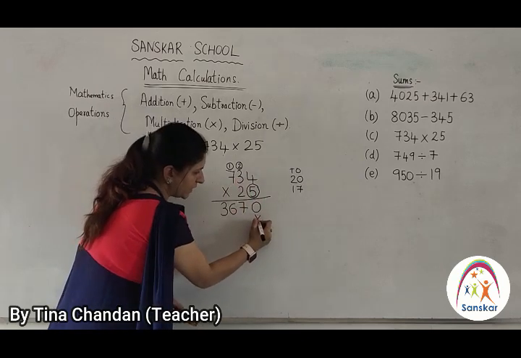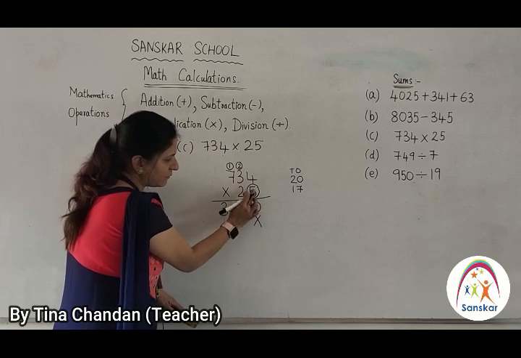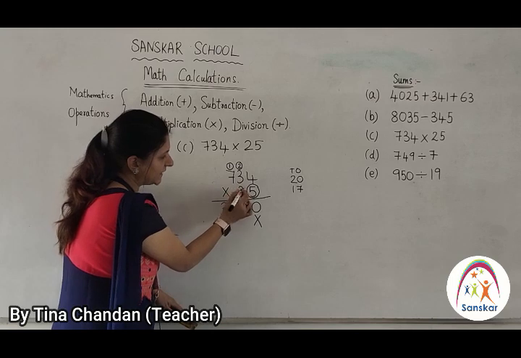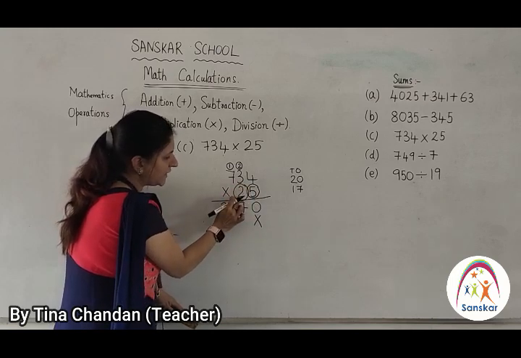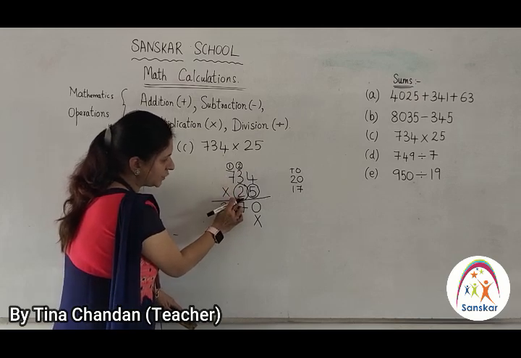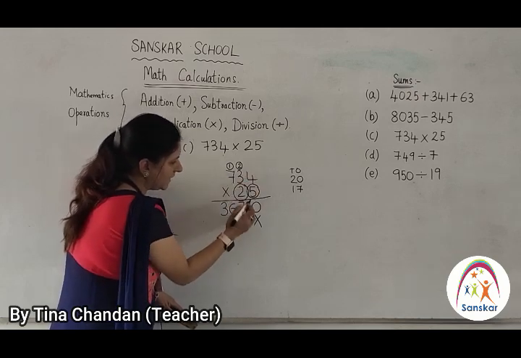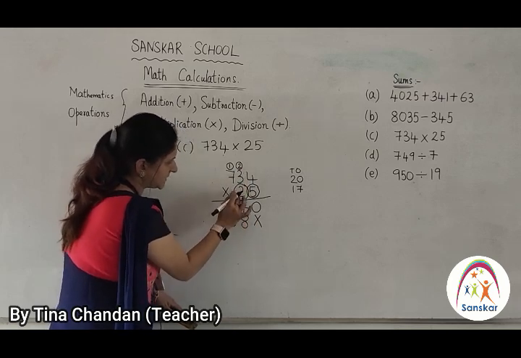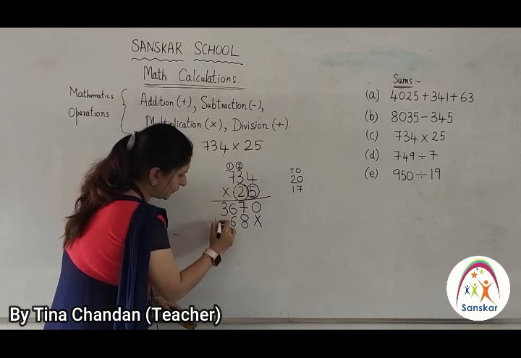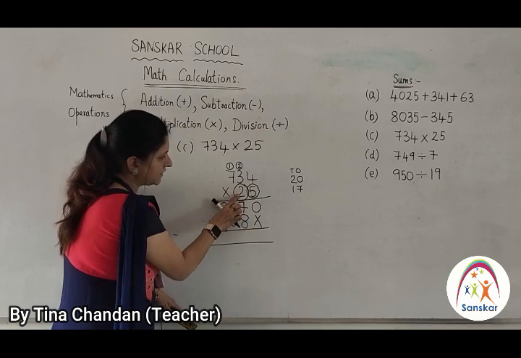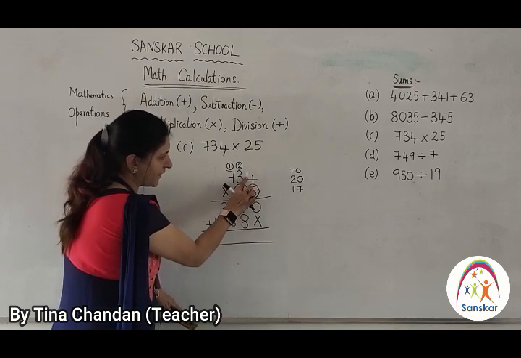After completing the multiplication of the above 3 numbers with 5, next step is you have to put a cross over here. Okay, as you have finished the one number, we are going to place a cross. Now we are going to start with the next number, that is 2. Again you have to take the number 2 and multiply it with all the 3 numbers. Start with 2 and 4, that is 2 4s are, you are going to get 8. Again 2 3s are 6 and 2 7s are 14. Clear? Step by step you have to multiply the digits, both the digits. First you are going to take 5 and next you are going to take 2.